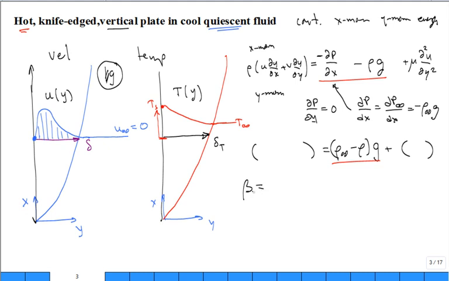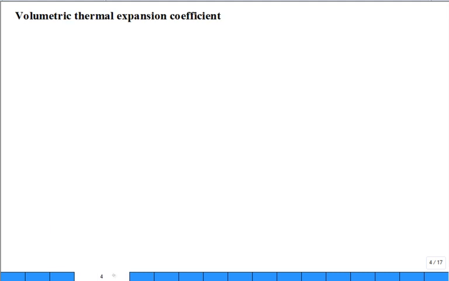But it's the volumetric expansion coefficient. It's defined as minus 1 over rho, the rate of change of rho with respect to temperature holding pressure constant. It's how does the fluid expand as temperature changes. So I'm going to go to the next page and explore this new parameter known as the volumetric thermal expansion coefficient beta. It's minus 1 over rho, the rate of change of rho with respect to temperature. So I'll do a little